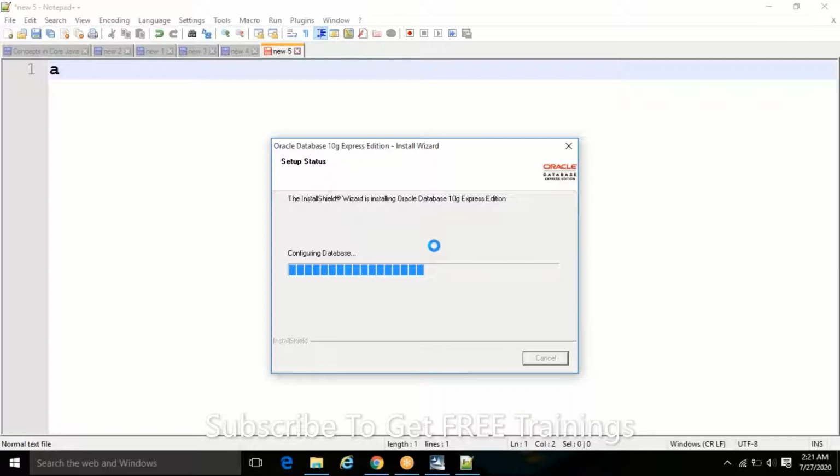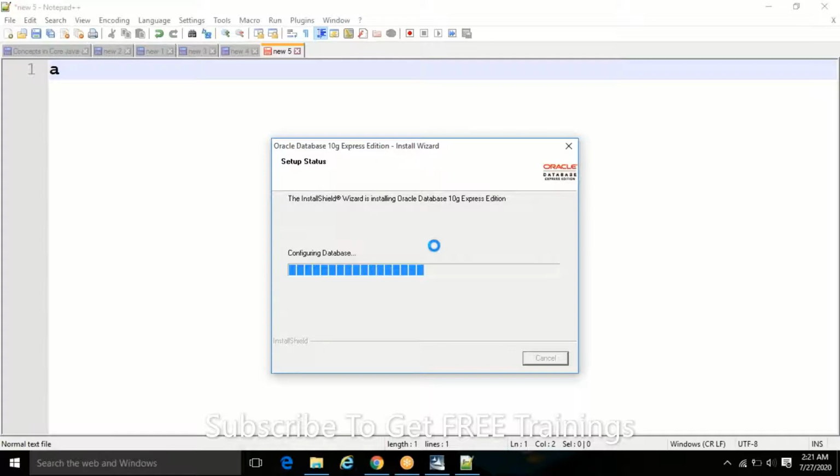Just 1 minute below it will take that process, guys. Based on your system configuration, like based on the memory available in your system, it is taking that kind of fast.